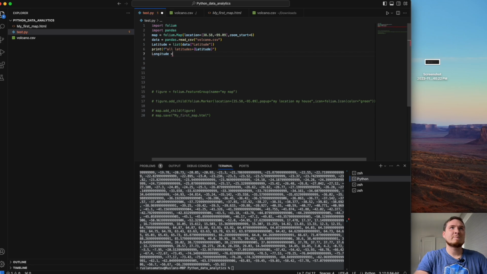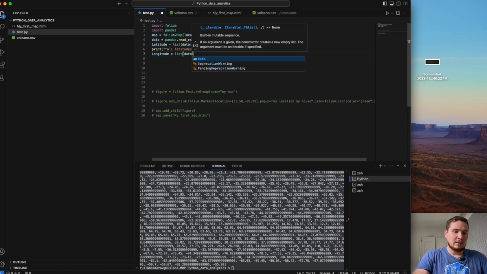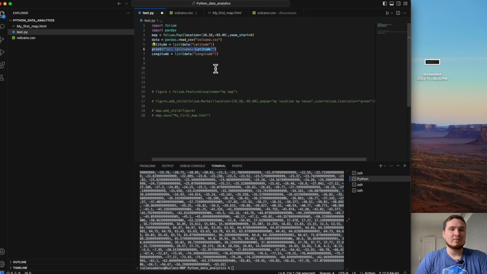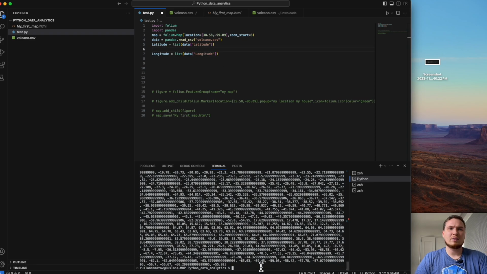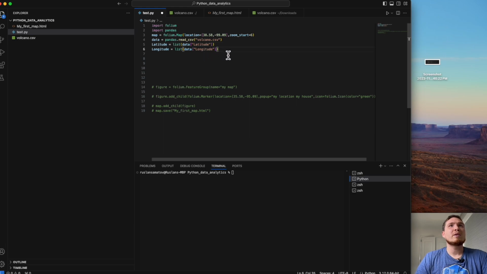Okay, we have our list of the data. We want to pass this parameter as a string, and we store it as a different list, right? We did exactly the same thing. We don't need to print it out anymore. I did it just to show you how we store it separately with the help of Pandas libraries. Okay, we have our latitude and longitude of all our volcanoes.